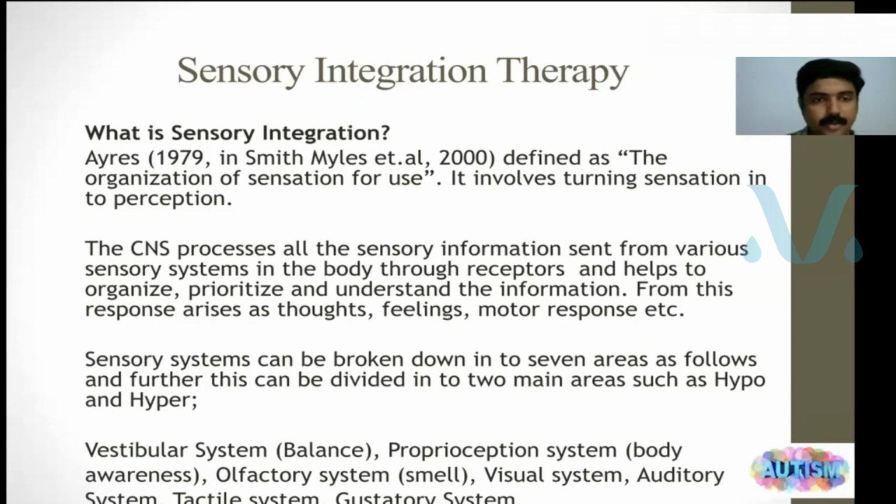The second para you can read. The CNS processes all the sensory information. The central nervous system processes all the sensory information sent from various sensory systems in the body through receptors, and helps to organize, prioritize, and understand the information. Please read carefully. Through the receptors, we are getting all the information from the sensory modalities, and the CNS helps to organize it. First it has to be organized, second prioritized, and then understood. From this, responses arise as thoughts, feelings, motor responses, etc. After the organization, prioritization,